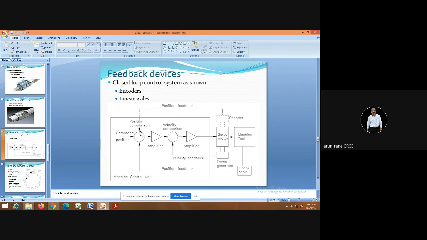So it will send a signal, yes, now it is 3500. And what is my command position? Command position is say 3600. So what is the error? 100. Positive or negative? Say negative. So it will again give the signal to the motor that still 100 degrees has to be rotated, like that.